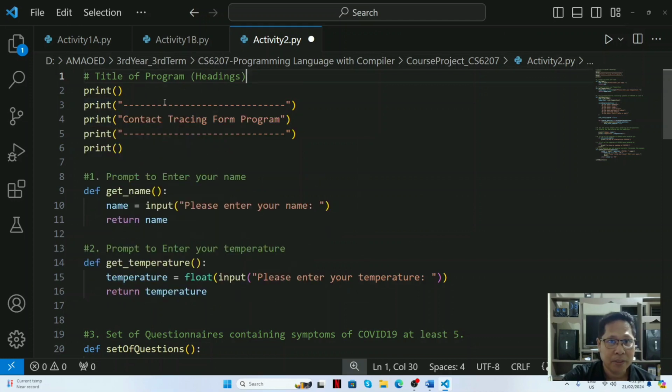And after that, we have this one. My purpose for this is just to make our title stand out, and also use spaces so that our title will not stick below the introduction of this program. Okay, so this is it, and later on you can see this one. And so let's proceed